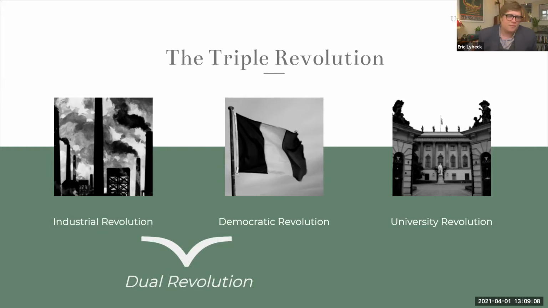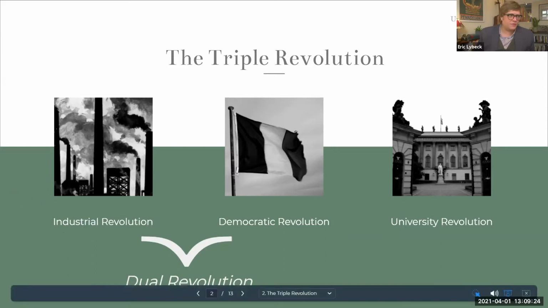Ultimately, these were also not particularly revolutionary. All three of these actually took several hundred years to occur. So really, you could call them the industrialization process, democratization process, and academization process. This gets me into what I mean